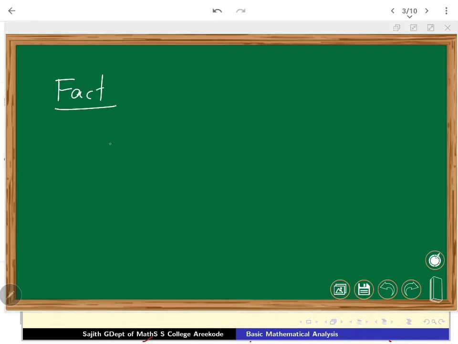Whenever you are having non-negative real numbers, that is A is greater than or equal to 0 as well as B is also greater than or equal to 0, two non-negative real numbers supplied for us, then one can think about the positive square root of A and the positive square root of B. So how does the comparison happen in this situation?